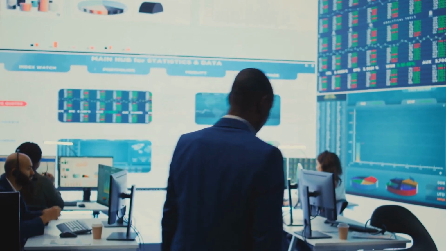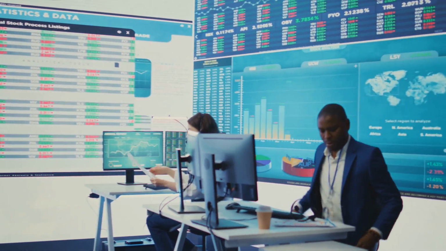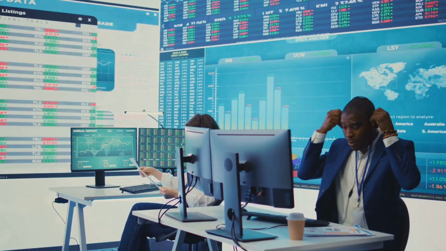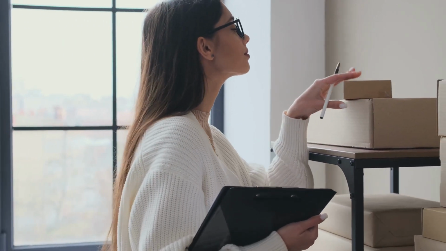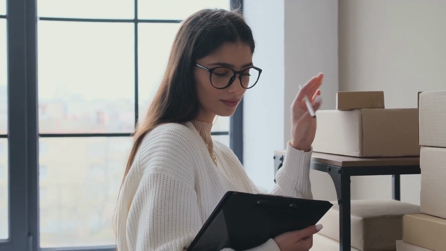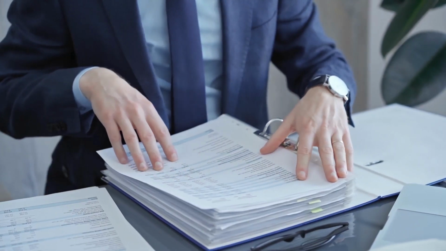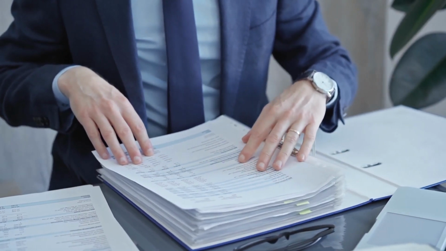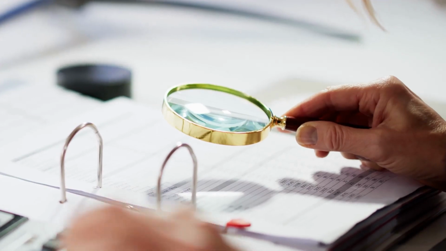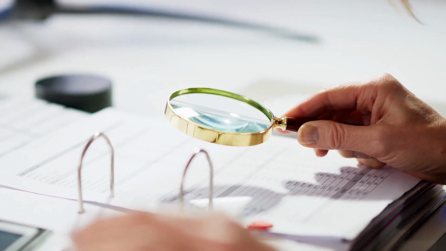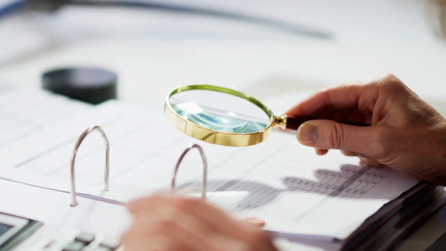If the auditor determines that the company's internal controls are designed and operating effectively, they may choose to rely on those controls to reduce the risk of material misstatement. In this case, the auditor will perform tests of controls to obtain evidence that the controls are functioning as intended. Tests of controls may include inquiry, observation, inspection of documents and records, and reperformance. If the auditor determines that the company's internal controls are not effective, or if they choose not to rely on those controls, they will perform more extensive substantive procedures.